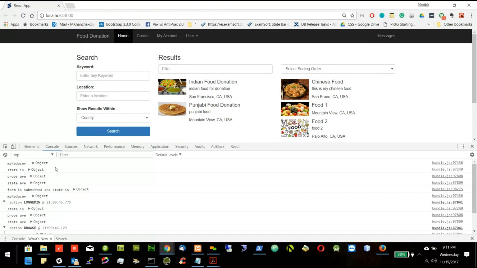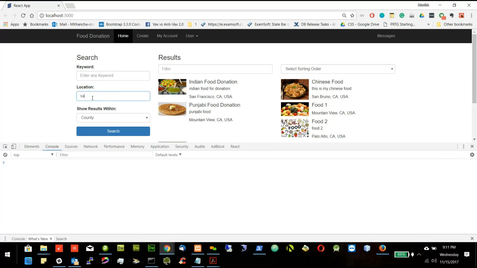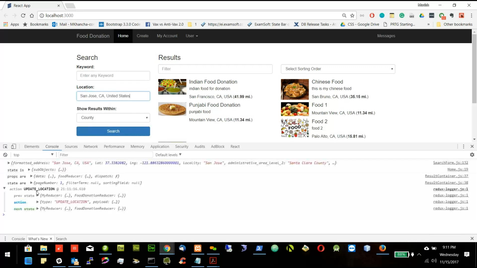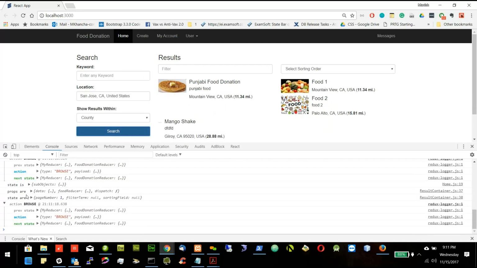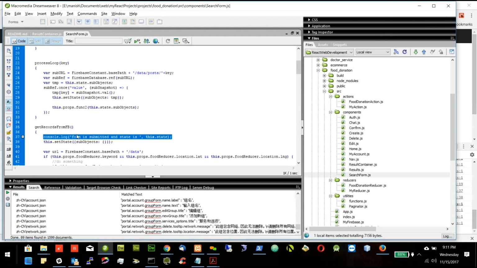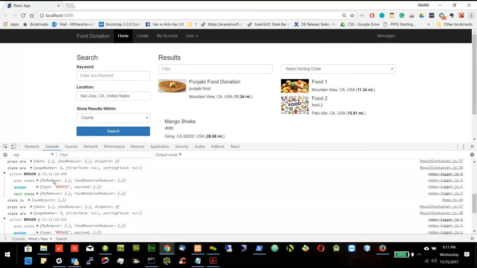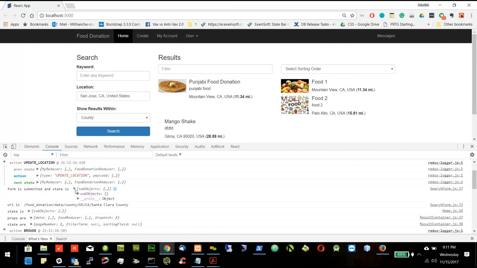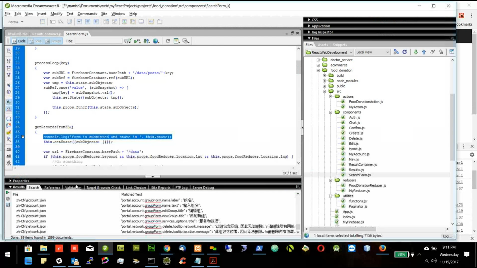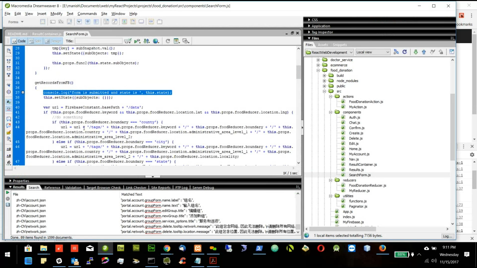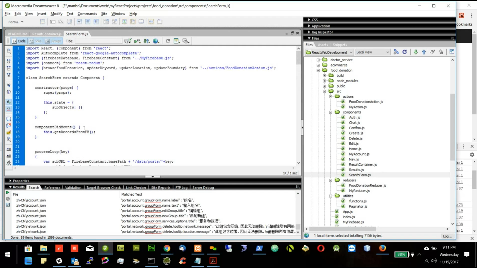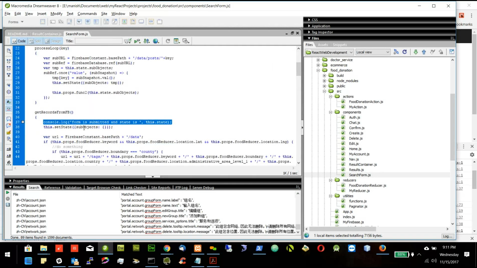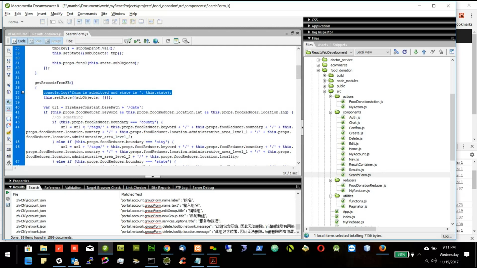So if I see, let's search something again, San Jose. Then I click search, and the form is submitted. Let's see where the form is submitted. Okay, the form is submitted and the state is this one. Okay, only sub objects are there here, right? I don't want sub objects. I want,